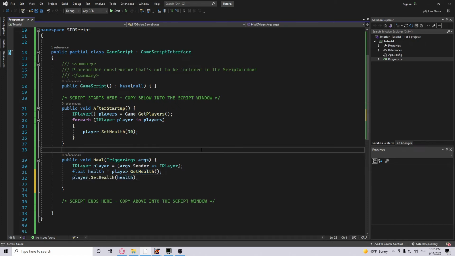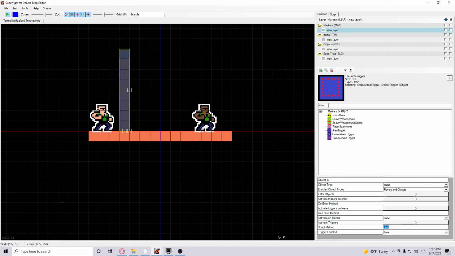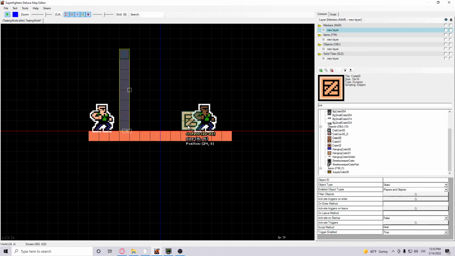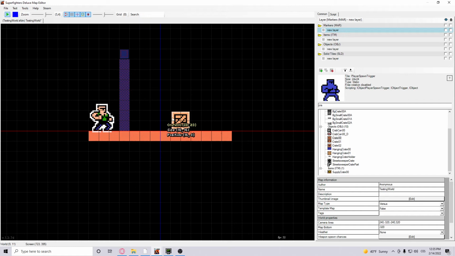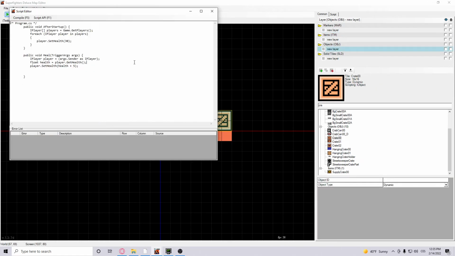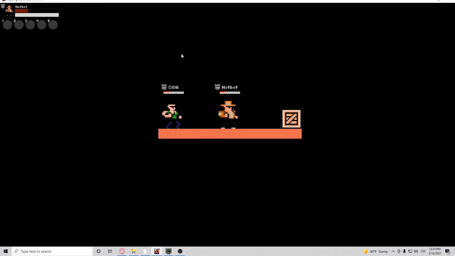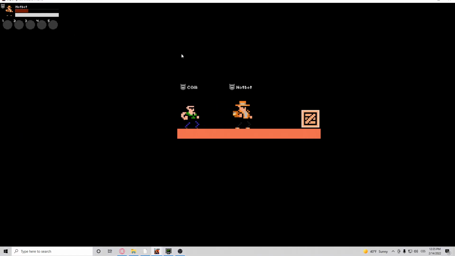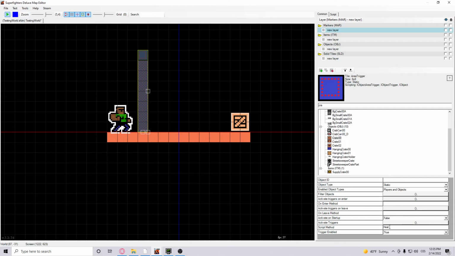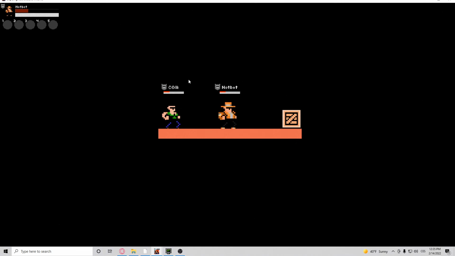So yeah, like this. Okay, and it should work just fine, right? Let me just prepare a crate here, because I want to show you something. Okay, so we have the new code in, and I've put it inside a wrong method. We want this on enter method, because that happens when something enters the area. So every time